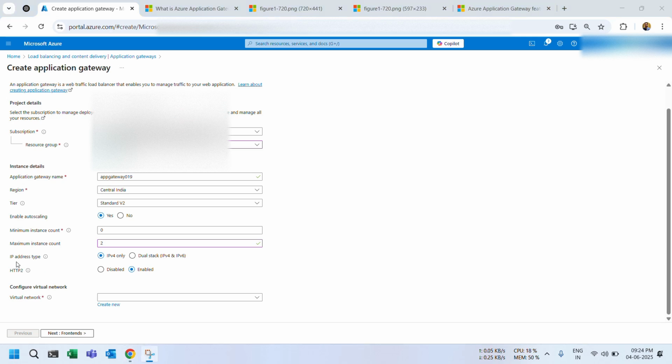Here the IP address type, I'm going to use IPv4 only. If you want to use IPv6 also, you can check this box. I'm also going to use HTTP2, which is the latest version of the HTTP protocol. If the client browser is using HTTP2, this is another feature which the application gateway supports, and it allows HTTP2 traffic towards